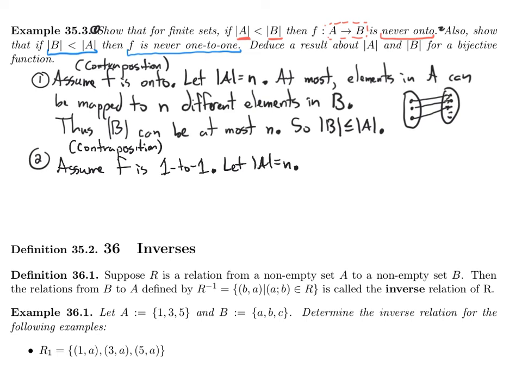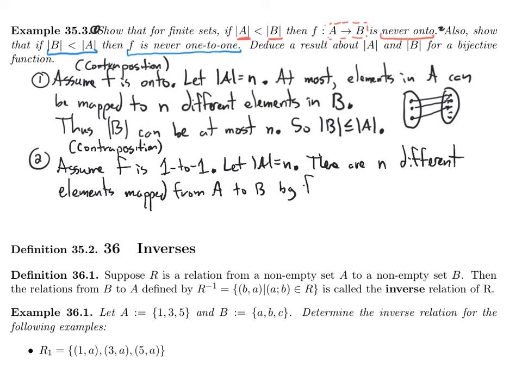Well, this function is 1-to-1. So what does that mean? So that means there are n different elements mapped from A to B